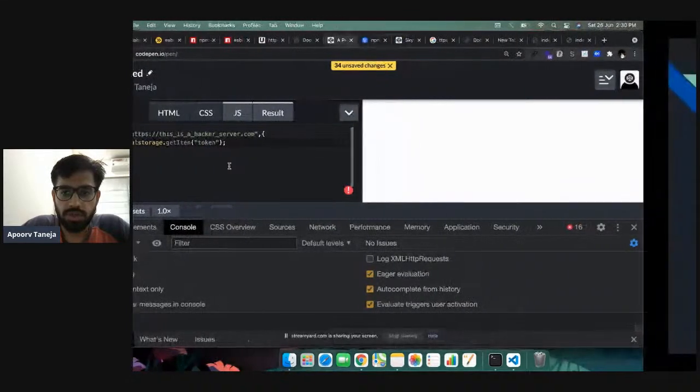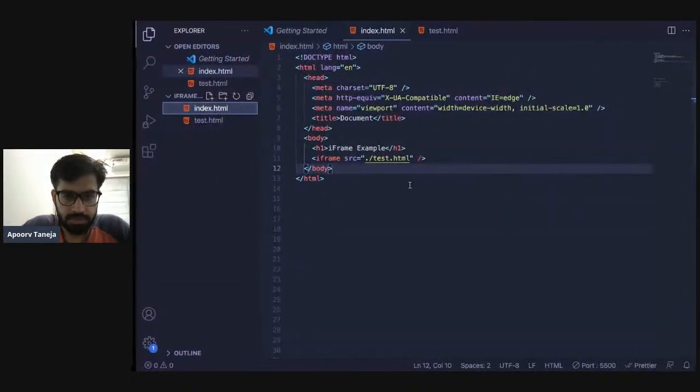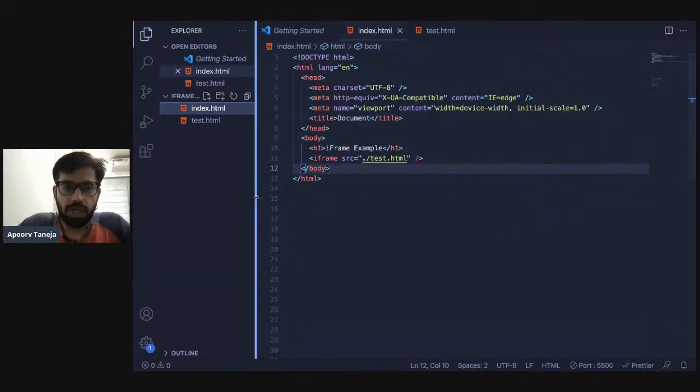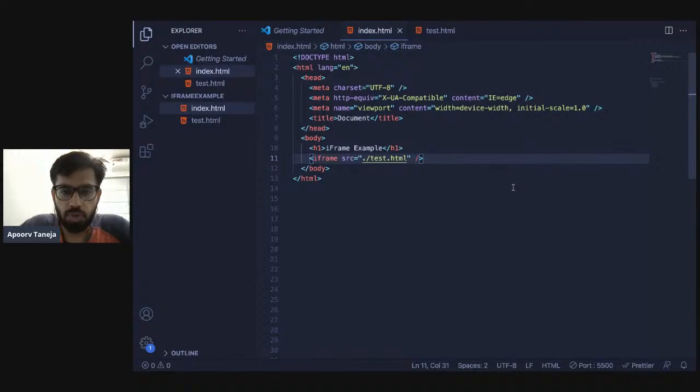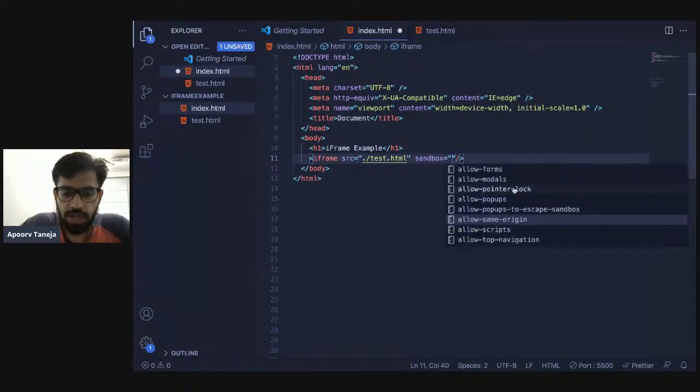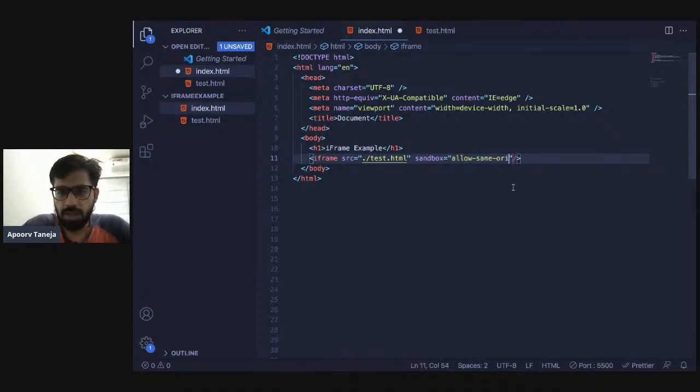So how they can do it is, as we saw, we can access the iframe's parent property using parent.window.a. We can prevent this using an attribute which is sandbox. The default behavior is allow-same-origin, but instead of that, if we keep it blank, if we don't provide any parameters inside this,